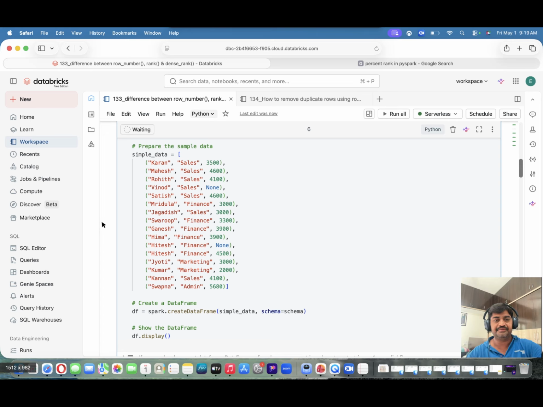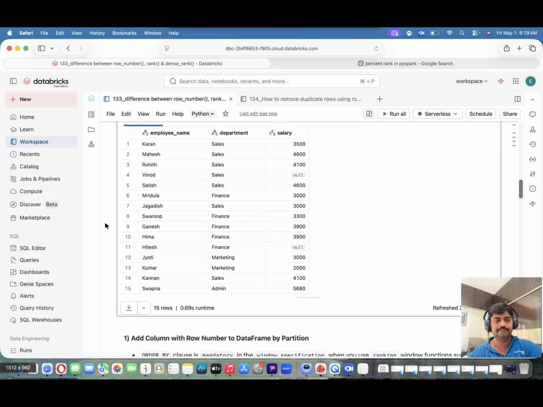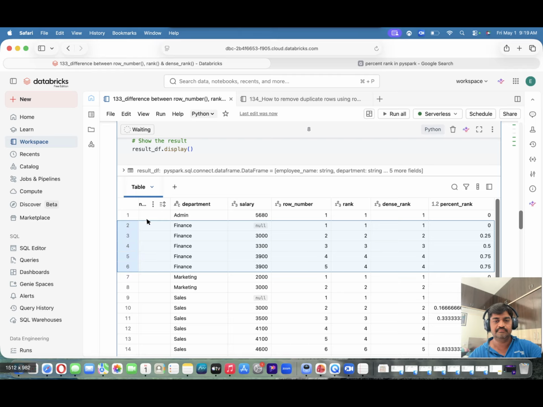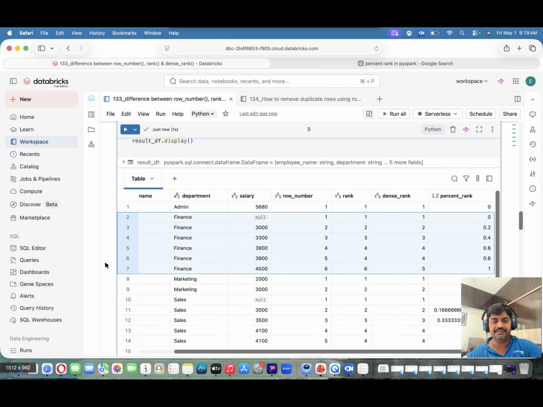I will execute it again. So here, see in finance, one more row got added. And if you see the rank,